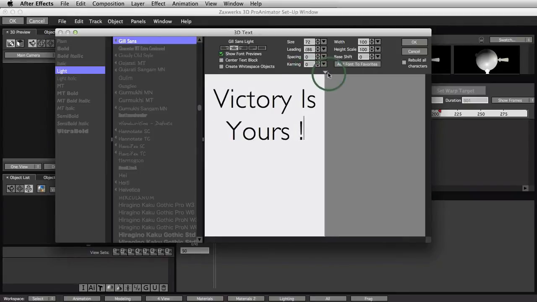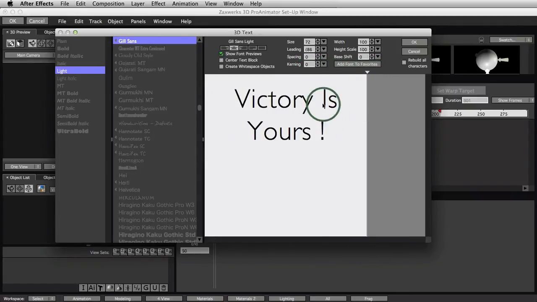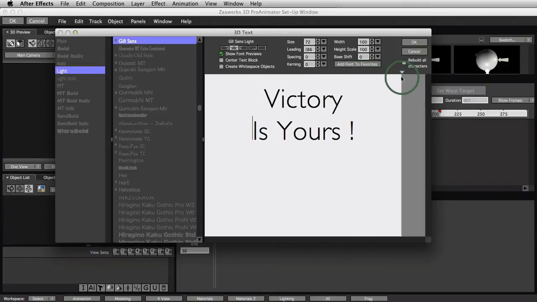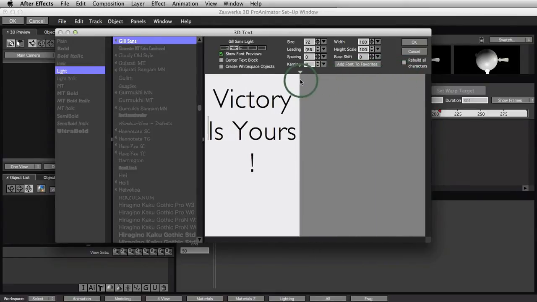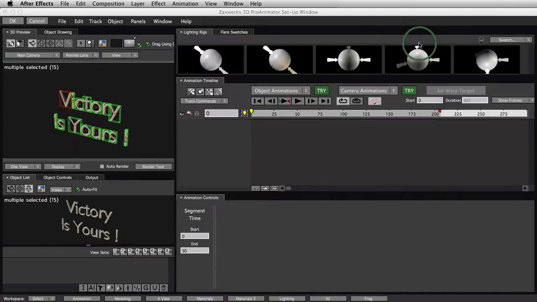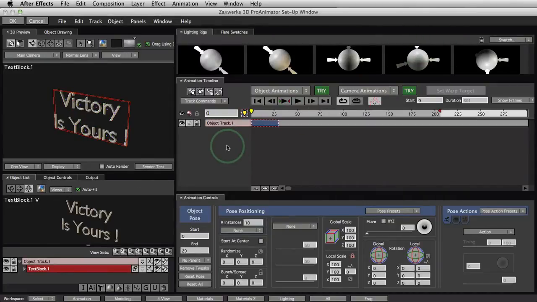So if you have a ton of text, you can use columns. Otherwise, it's easier to just remove the space and hit return, and that way it separates these guys and puts them on two different lines. So now the margin's not going to matter as long as it doesn't get too skinny. So there you go. We're good. We click OK, and we've just done step number 1, which is create the objects.